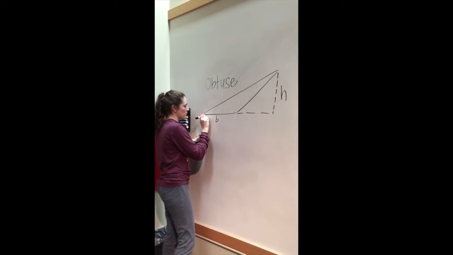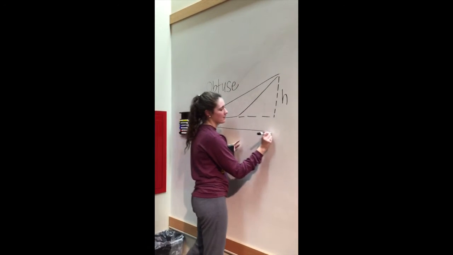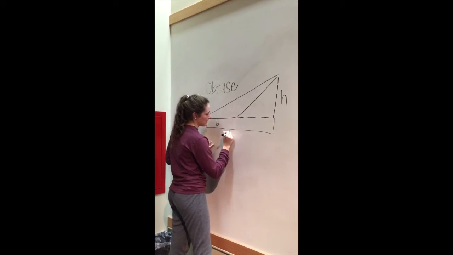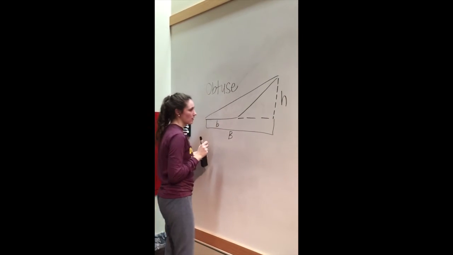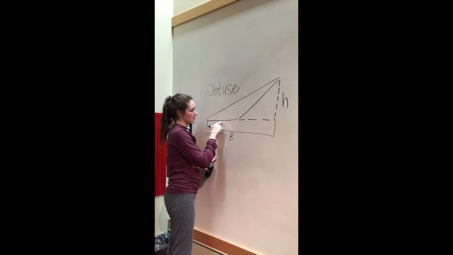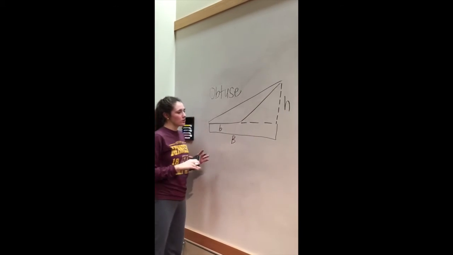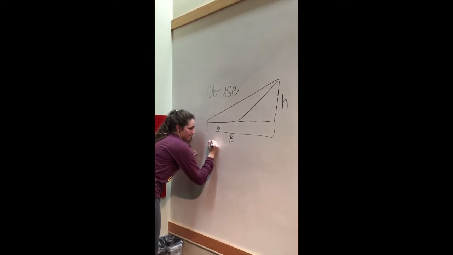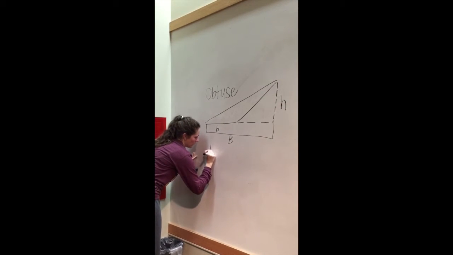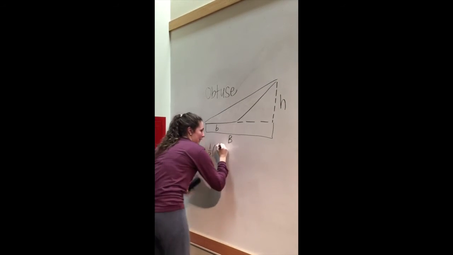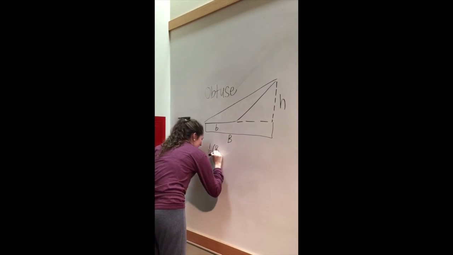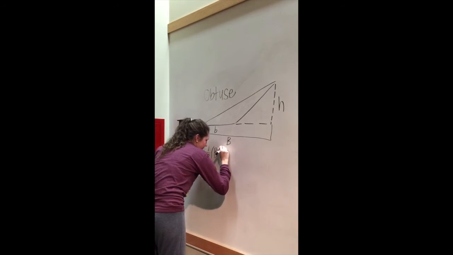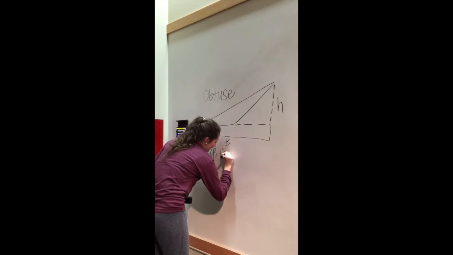So then the entire length of this is our big B, which is our entire base, but we're just going to be trying to find the base of this triangle, which is our little b. So we're going to have to use a formula. So we're going to use 1/2 big B minus little b times height